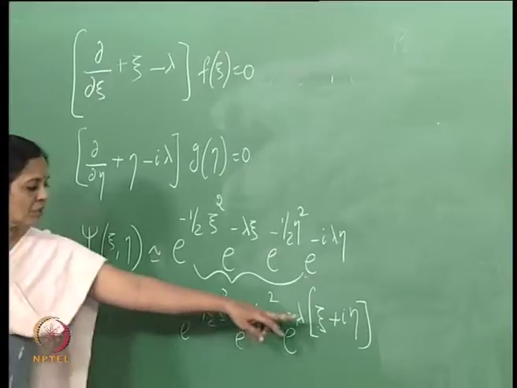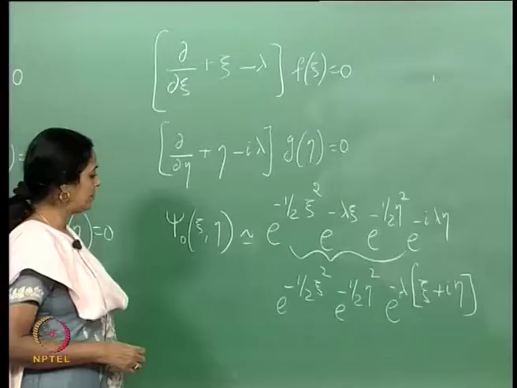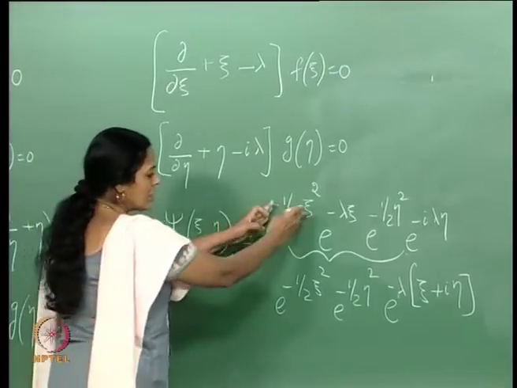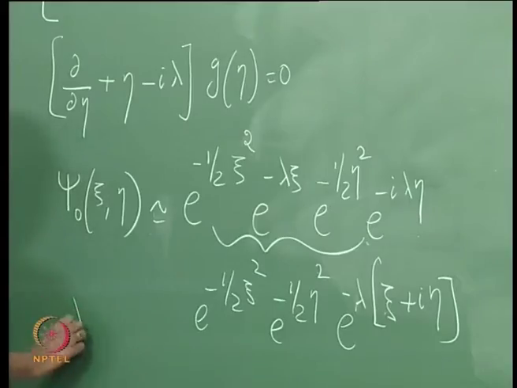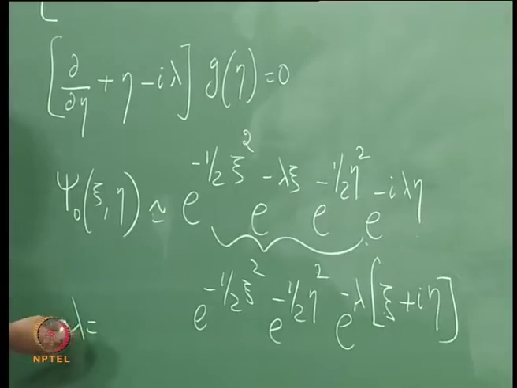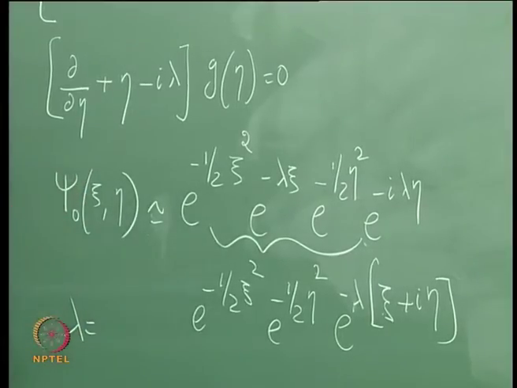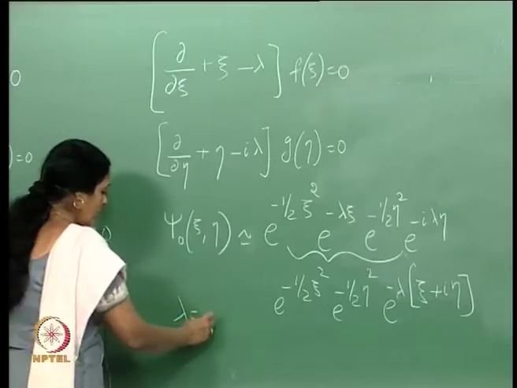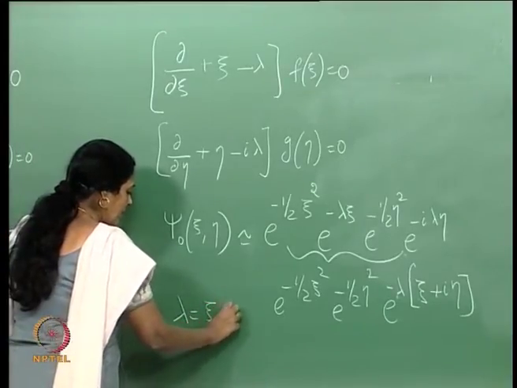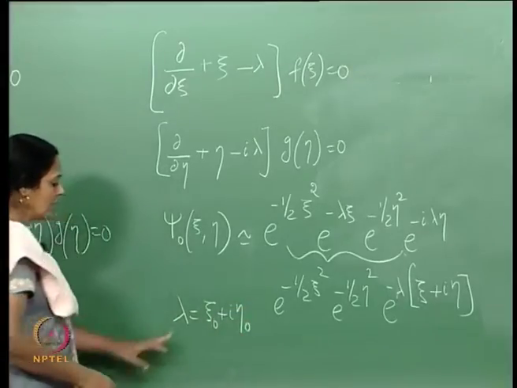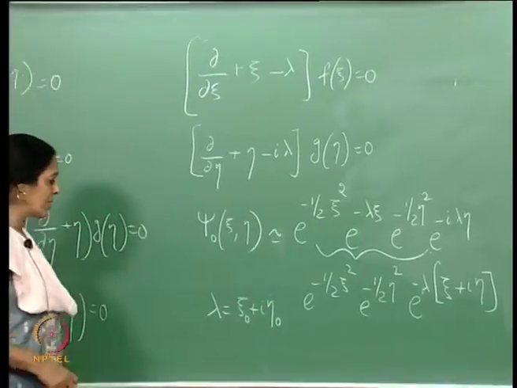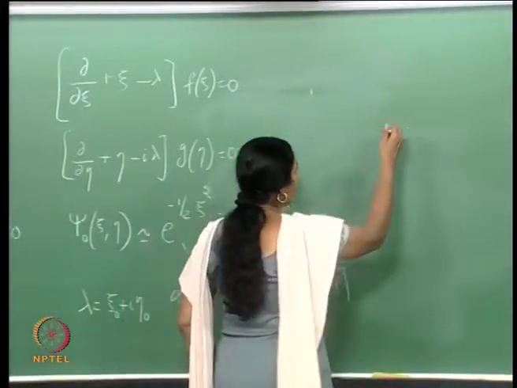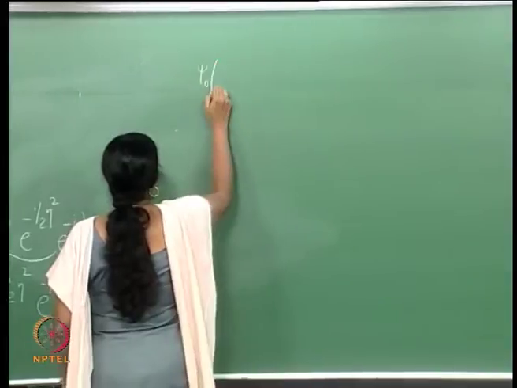I will comment about this a little later, but I can also write this if I complete squares and so on. Suppose I write lambda, which in general can be complex. This is a well-behaved function even if lambda is complex. So if I write this as some zeta naught plus I eta naught, write it in terms of its real and imaginary parts, then this psi can be written also as